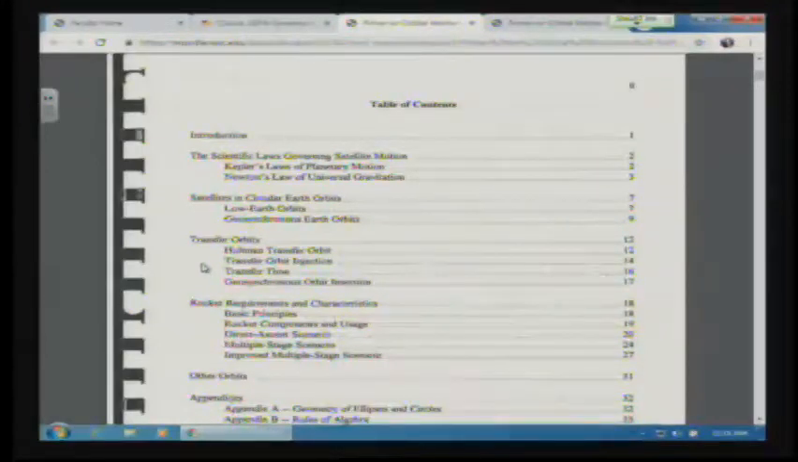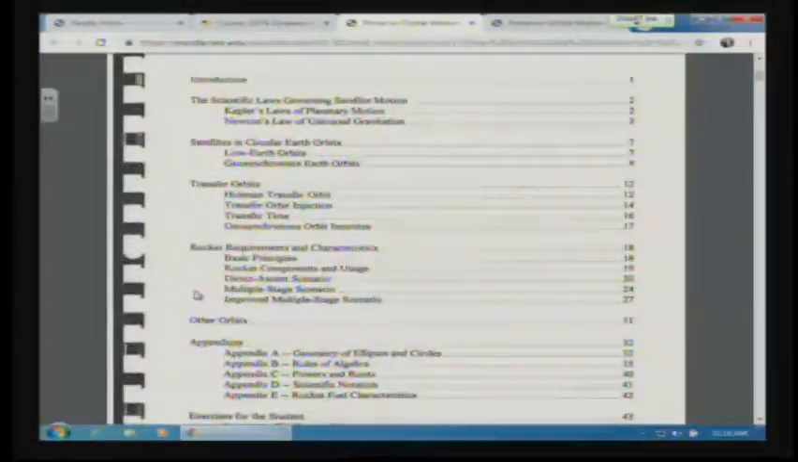You want it to go from one orbit to another orbit, and doing that requires some pretty complicated math, so we're not going to do it in here. But they talk about different ways of doing that transfer orbit. We're not going to be covering it in here, but they talk about rocket requirements and characteristics, which is also very interesting. They have some jet fuel calculation problems and what the ratios of different things look like. So if you have an interest in that,